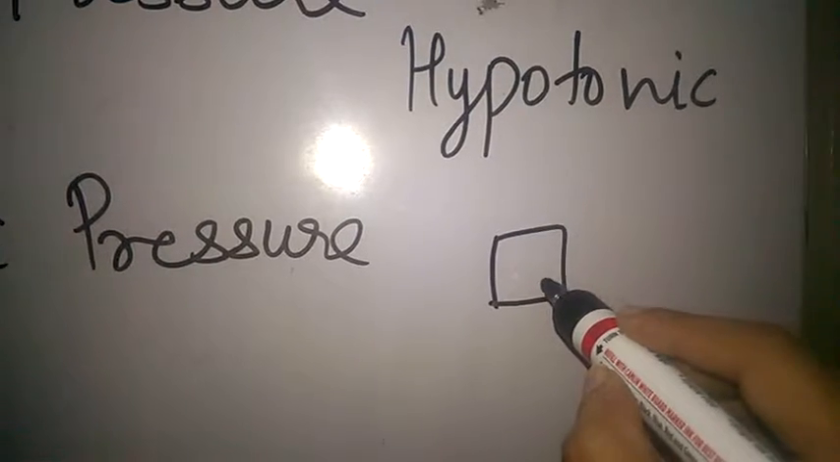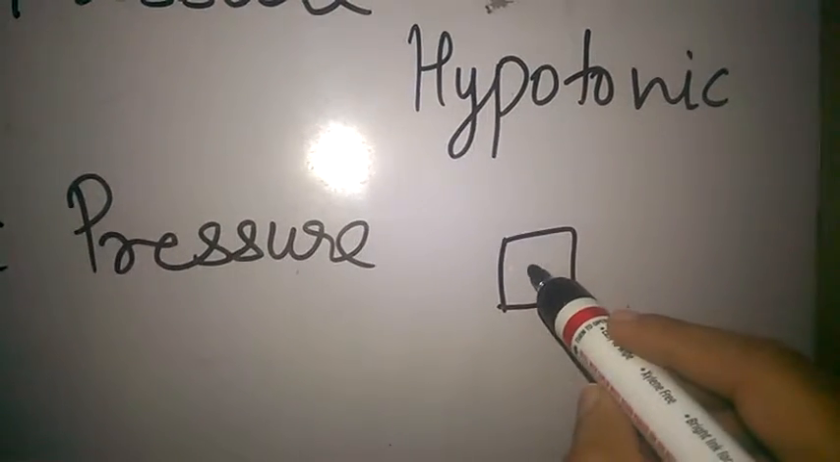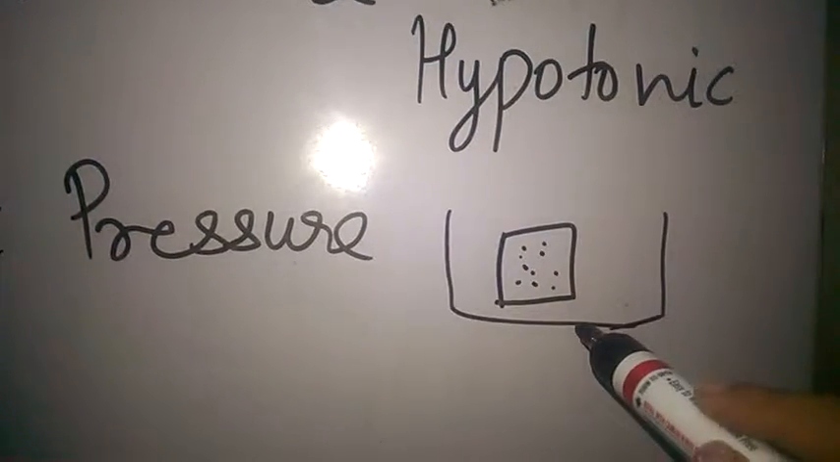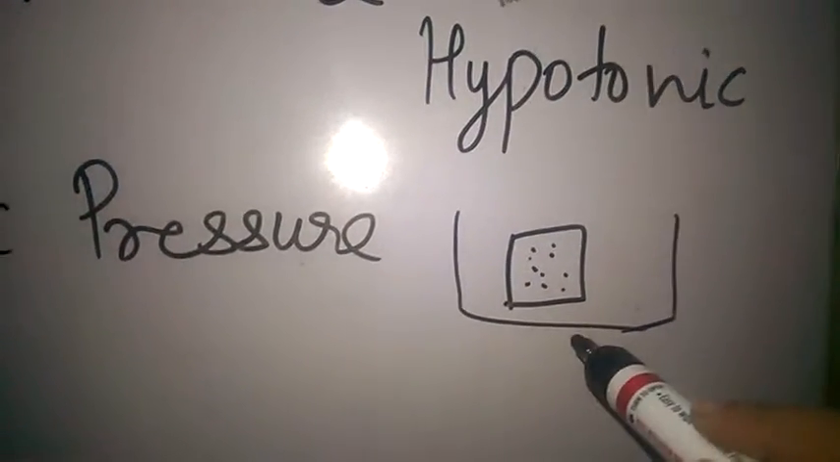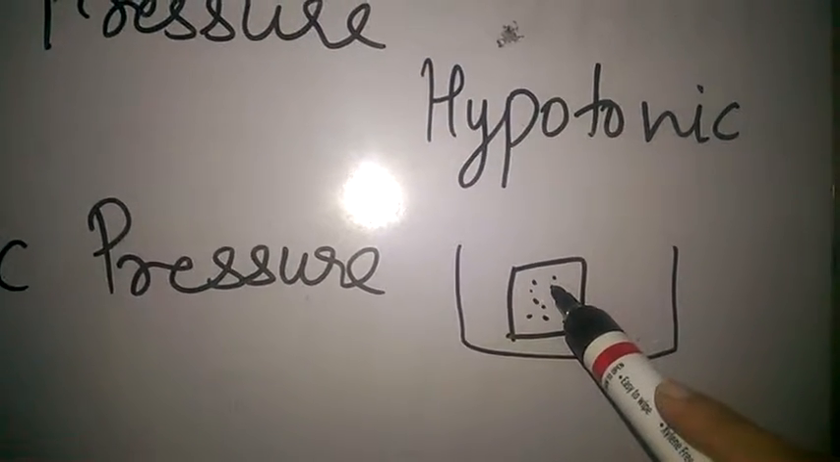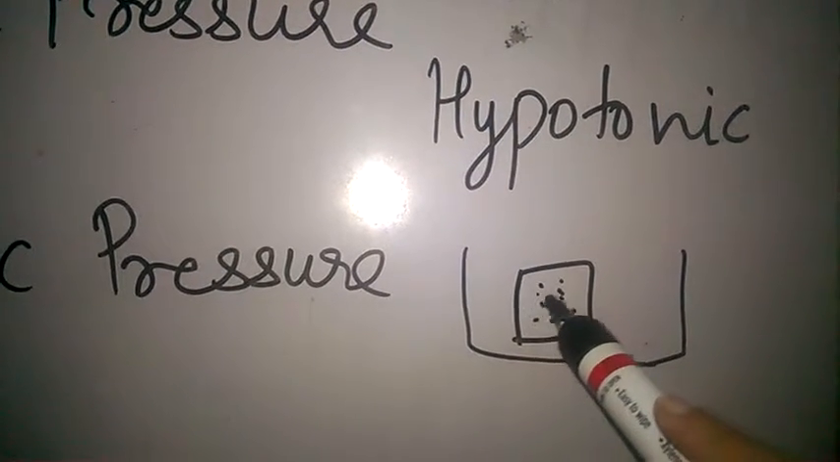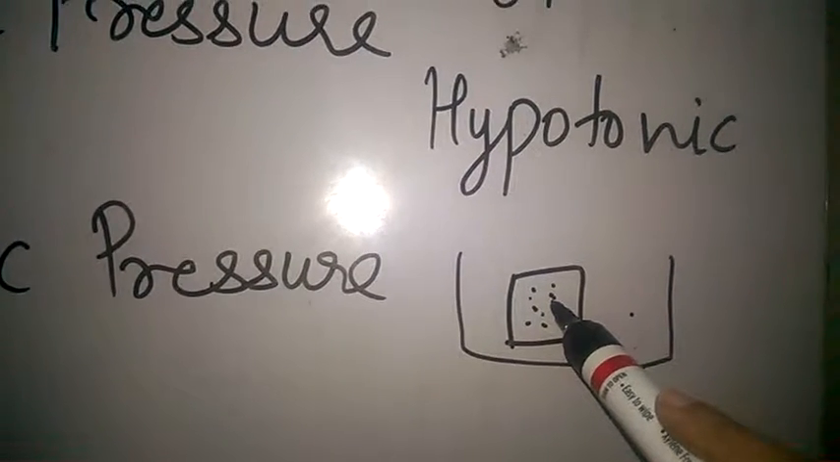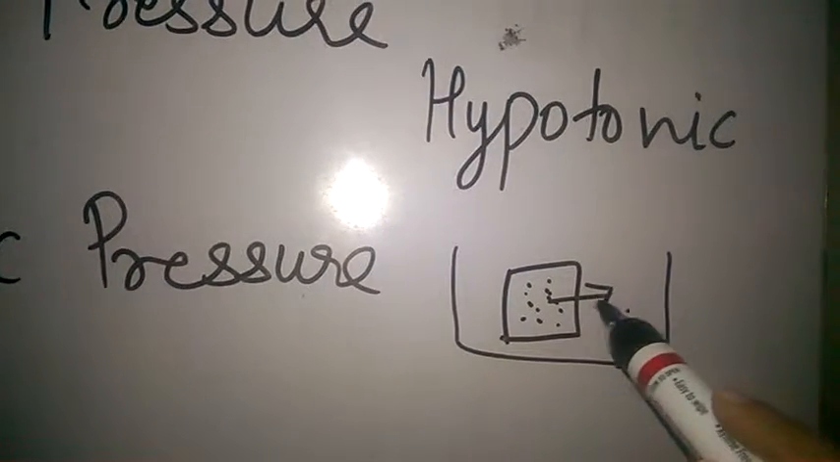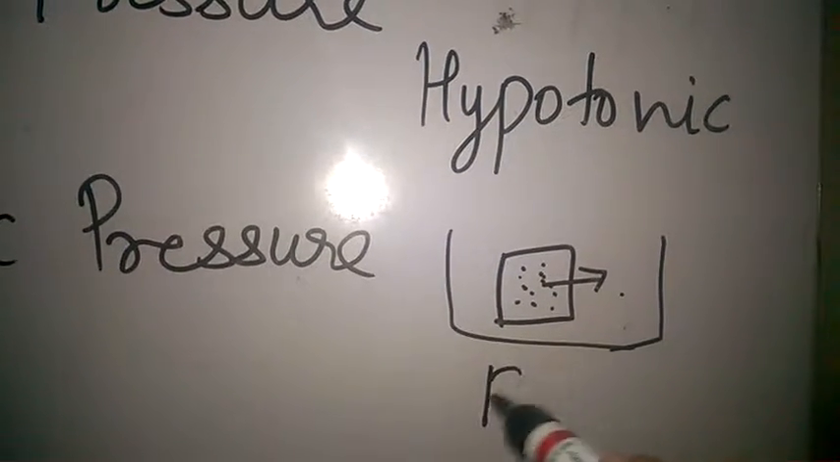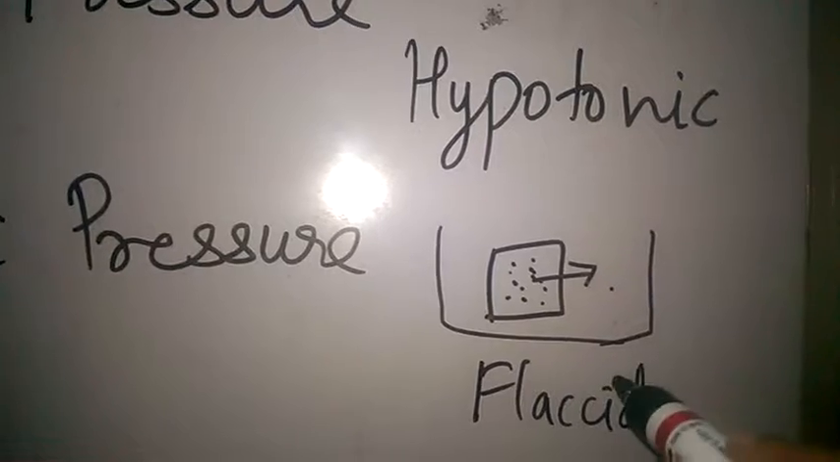Now, suppose you take a plant cell whose concentration is hypotonic. Okay, means concentration of solute inside the plant cell is less as compared to the concentration outside. Okay, so what will happen? Concentration of solute inside the plant cell is less, means solvent is more and outside solvent is less. So the water from the plant cell will move to the outer environment, means the plant cell will become flaccid, that is it is going to lose all the water